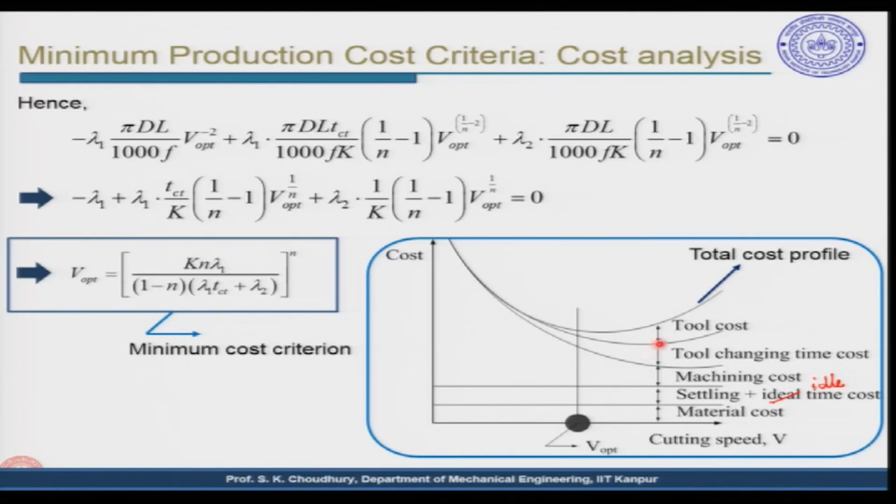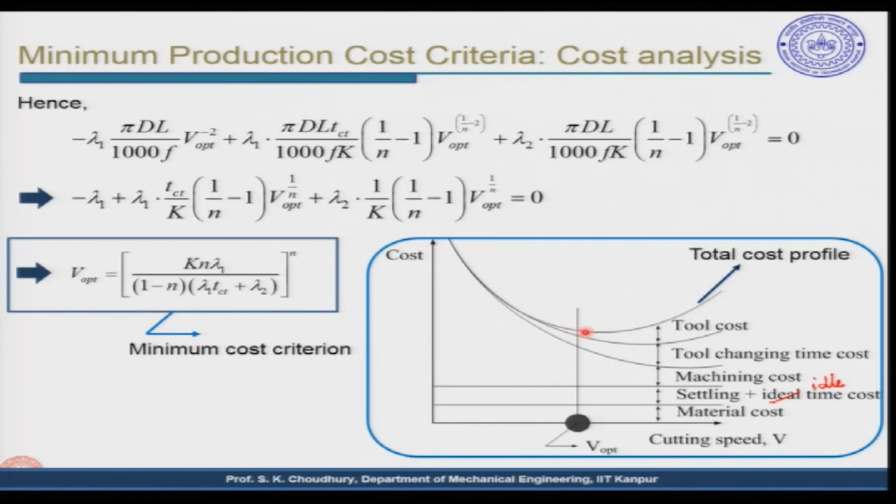And next is R4, which is the tool changing time cost per piece, and this also will be a nonlinear equation, and the tool cost, which is also a nonlinear equation. All these three: tool cost, tool changing cost and the machining cost. And if we draw the total cost, that is the sum of all of them, it will be a curve like this. This is the total cost profile, and in here there will be a minimum,